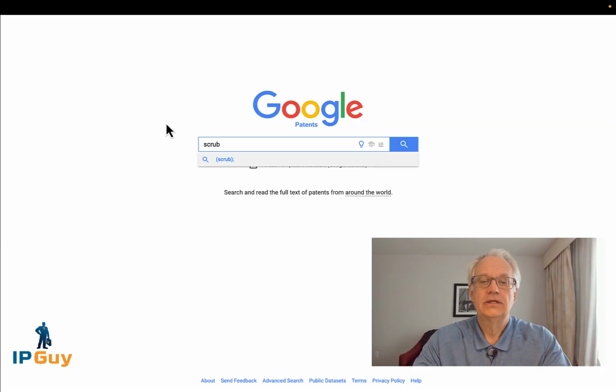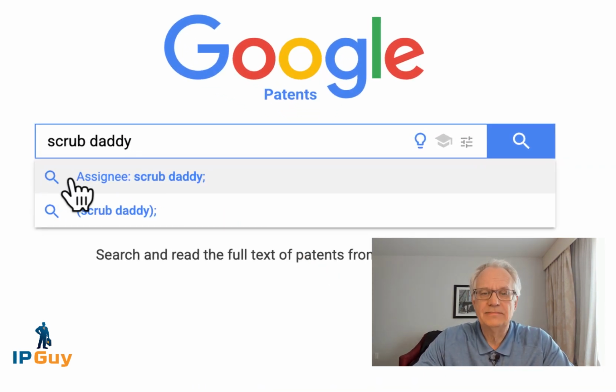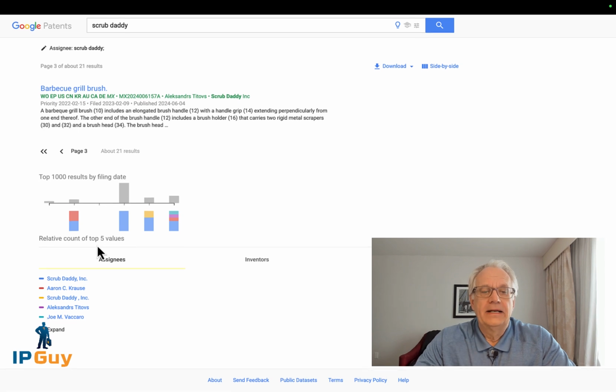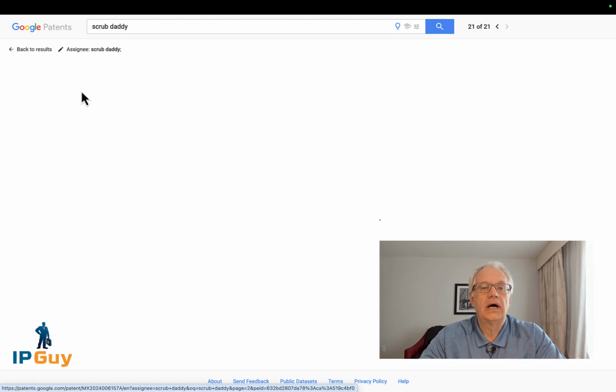So what I do is go to the Google Patents site and type in Scrub Daddy. And as you can see, the first drop down is Assignee Scrub Daddy, and that's who I want. I'm assuming Scrub Daddy, the company, would assign the patent to themselves. So I'm going to go to Scrub Daddy Assignee. And that gives me a list of all of Scrub Daddy's patents, or all of the patents that are assigned to Scrub Daddy. And I'm just going to browse through that list and see if I can find my barbecue